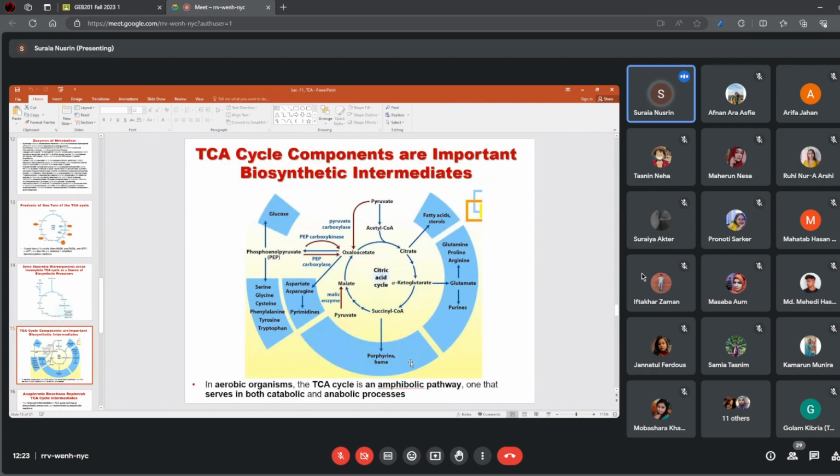Okay, now the question here can arise: if the intermediates of the TCA cycle are used as the precursors to synthesize other biomolecules, then what will happen to the TCA cycle? Can it actually operate? What do you think? If you are using intermediates of this cycle to synthesize other biomolecules such as glucose, amino acids, or